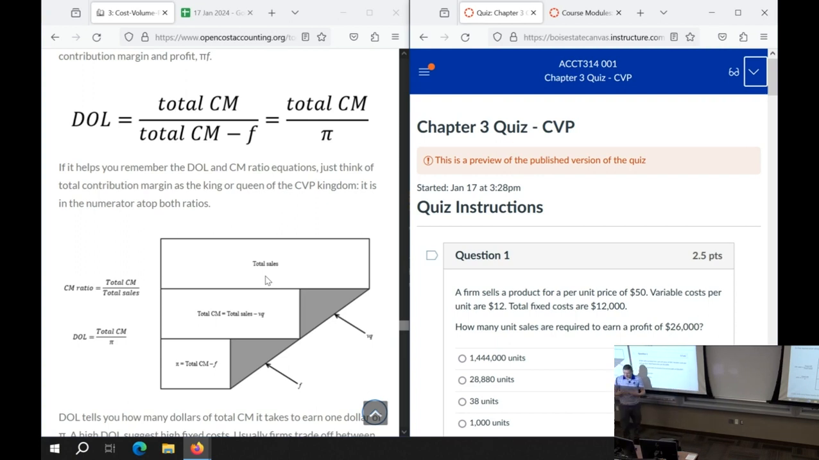In plain English, what degree of operating leverage says is how many contribution margin dollars does it take to earn $1 of profit. That's the opposite of what we said. Again, like I said, it's flipped. We said how many sales dollars do I need to get contribution margin for CM ratio. Now I'm saying how many contribution margin dollars do I need